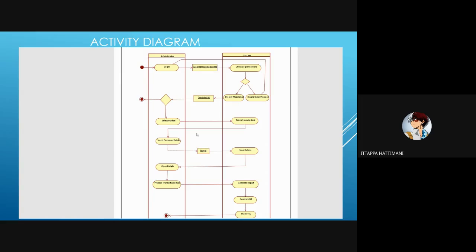After that, when you want to go out, the details will be opened and set that he is going out. The report will be generated for that, and the bill will be generated. And after that, a thank you message will be generated for them. This much. The next will be the sequence diagram explained by Harshvardhan.